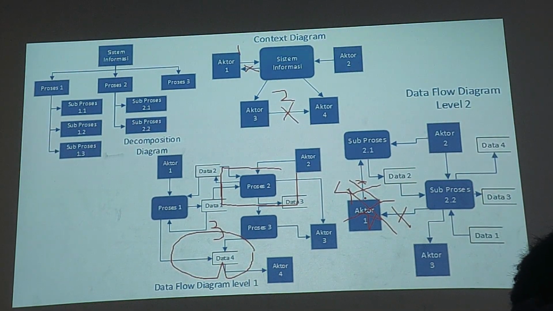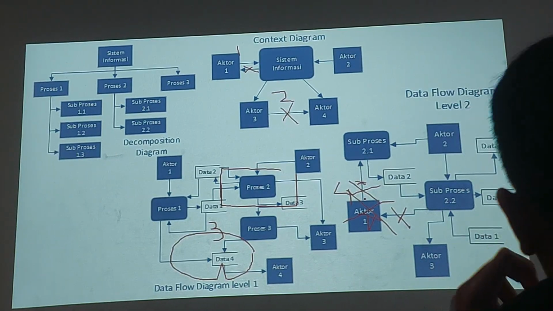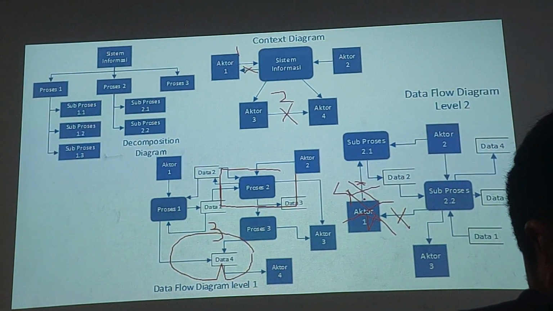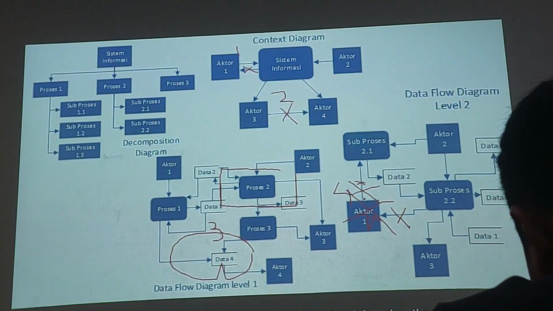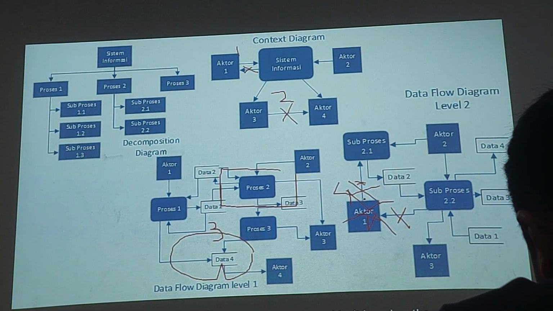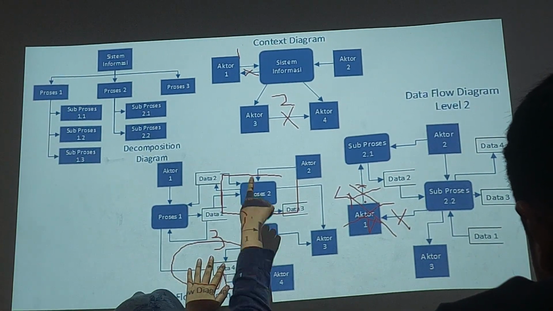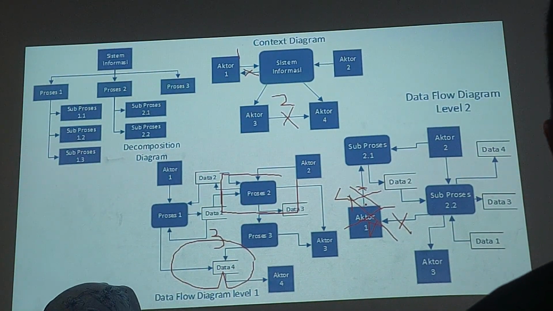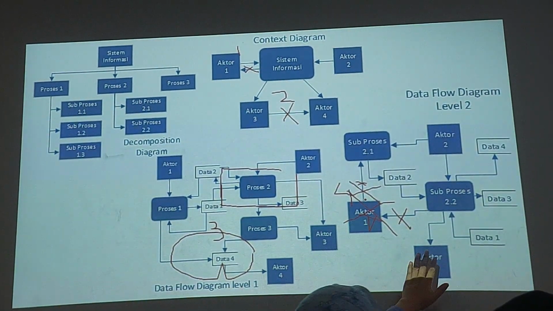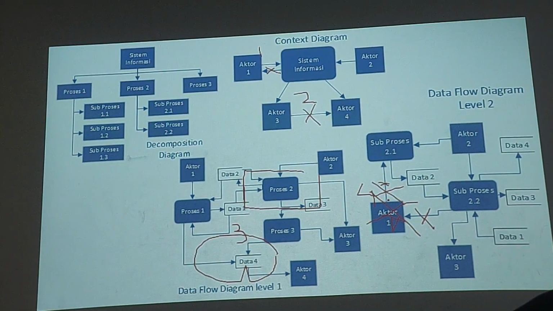Okay. Explanation. So we analyze the first thing as the context diagram and the second thing as level 1. And when we analyze level 1, should we consider it based on the context diagram or both? Both. When we first analyze level 1, we must look at the context diagram for the actor. And for level 2, we consider both the context diagram and level 1. Oh yeah, okay.